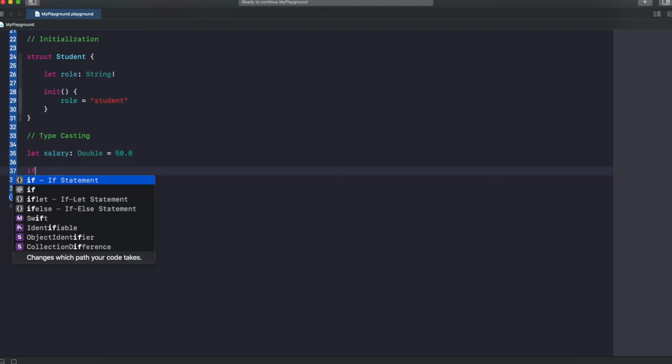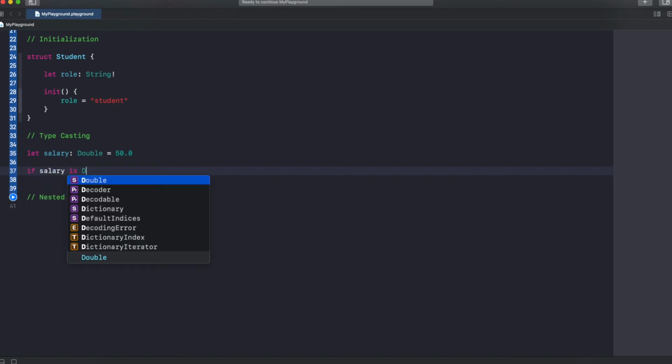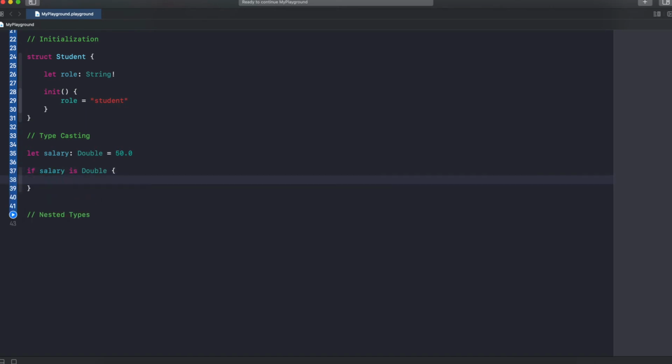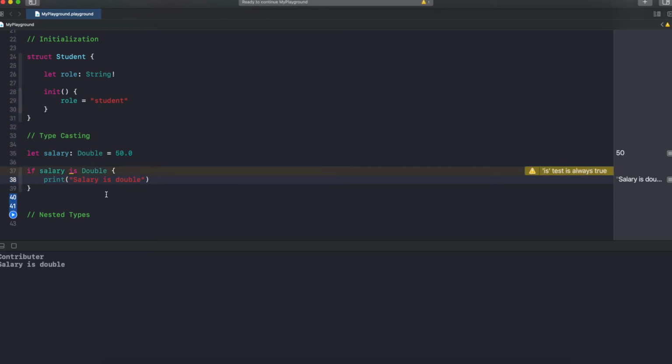If salary is double, then print double. Just because we declared it directly here, it says it's always true, but we may be using this in different scenarios. This is how we check the data type of a property or object.